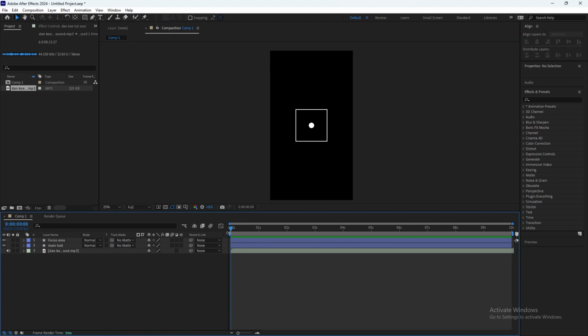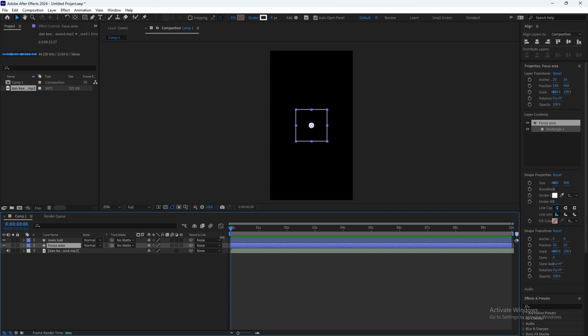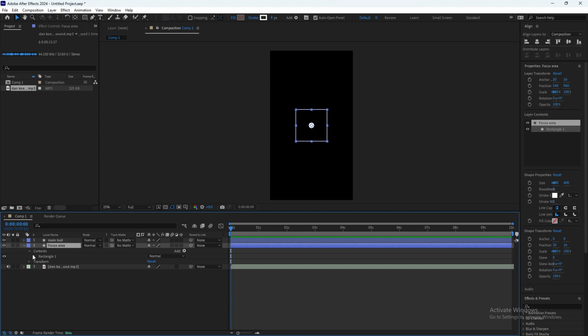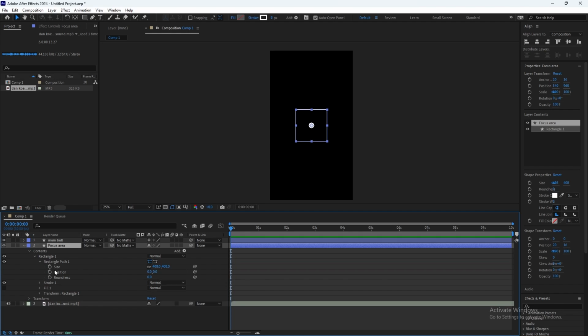Okay, so at the start I want it to grow, like I told you before. So let's take the focus area, we'll get it down, then go to rectangle path, size, and click here on the clock. We can go forward 15 frames.